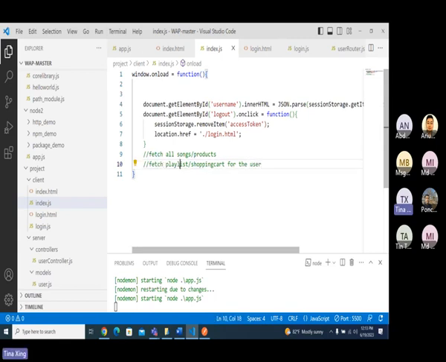And here is one thing. See here, when I fetch playlist or fetch shopping cart, or fetch users, you do have to do something. See here, when I fetch products or fetch songs, there's no need for user information, right? Because it's just to display everything. But when we fetch playlist or shopping cart, it's related to the user. I have to use the user ID in order to get information. Understand me? You got it, right? So